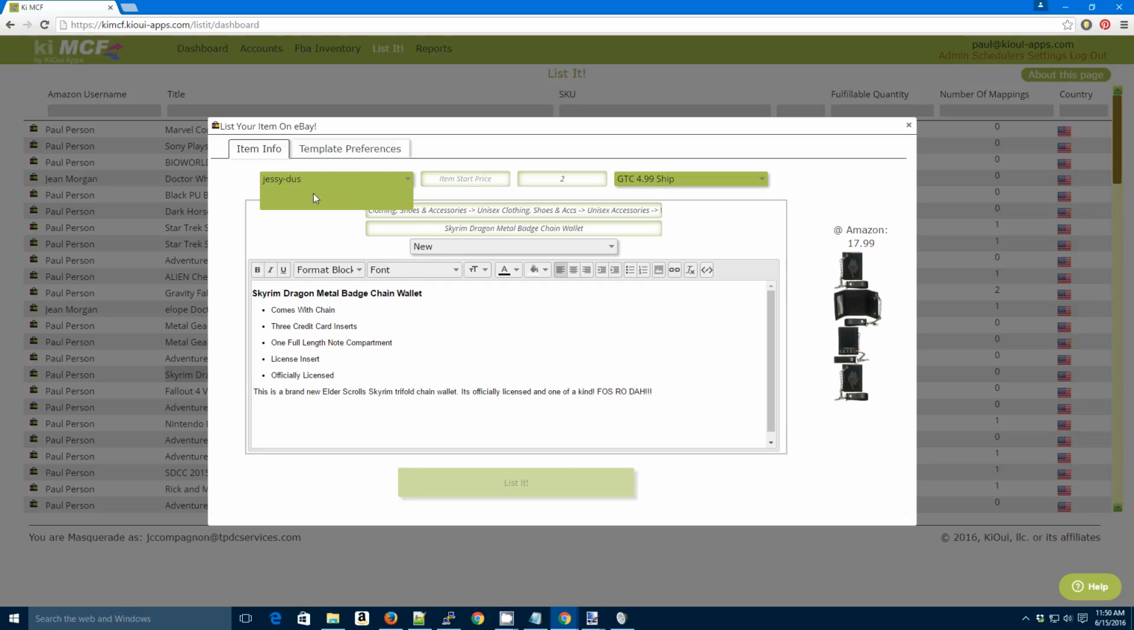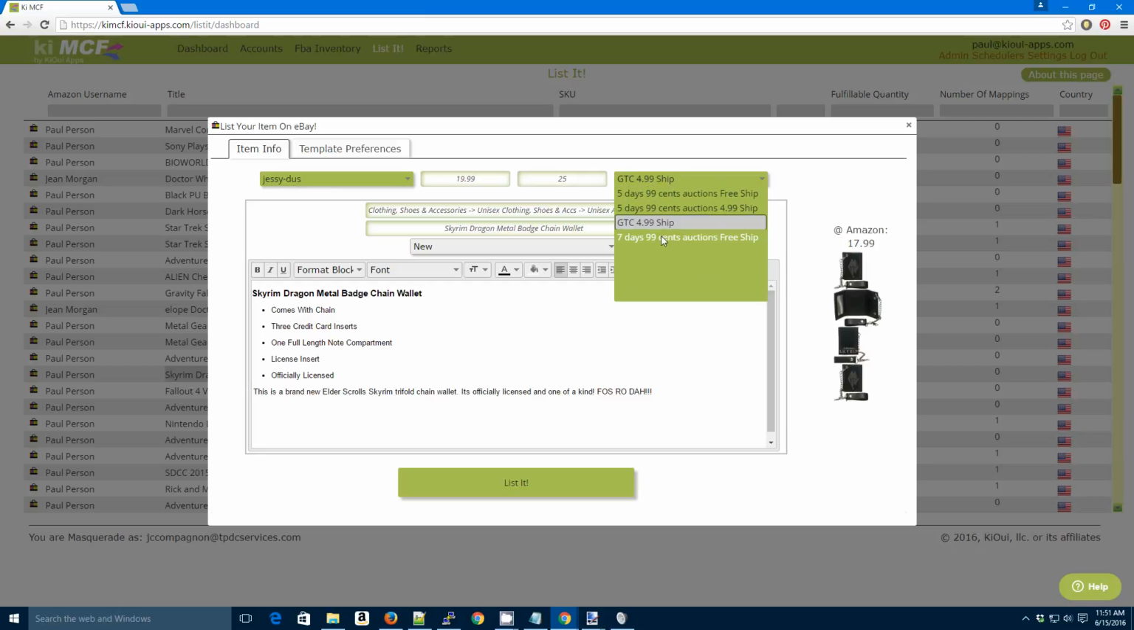Before you list something, you want to pick an eBay username and your start price. Let's see, I don't know, it's $19.99. Let's say we want to list 25 of these. This is a drop down for different preferences that you can save, and I'll get to that in just a moment when I click over to this